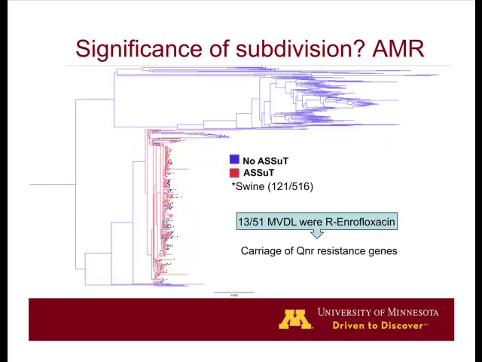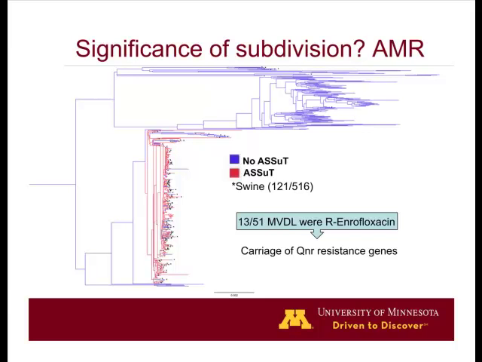Now, how important is this? Why should we care about this? Well, one of the interesting things that we have done is look for resistance genes that could explain a phenotype of resistance to certain antimicrobials. And what is interesting is if we try to find the genes that would yield an ASSUT, that resistance phenotype that I said before, we see that actually it almost perfectly correlates